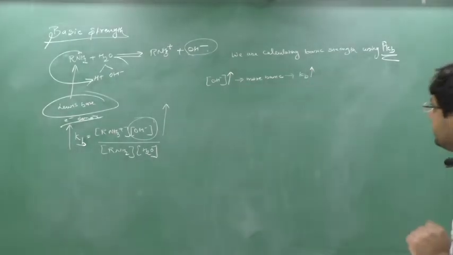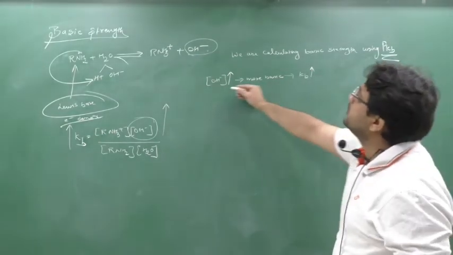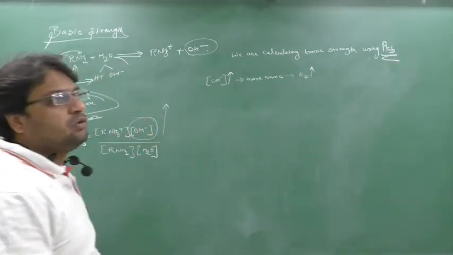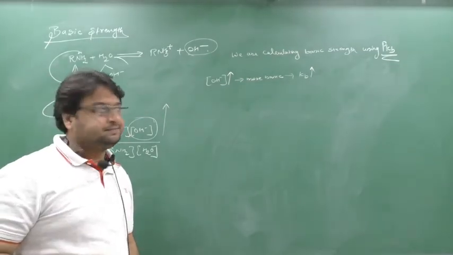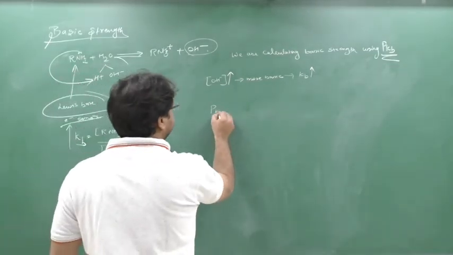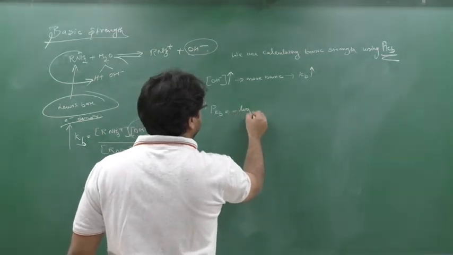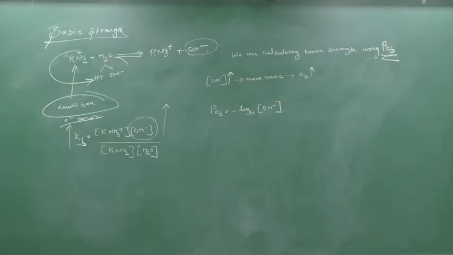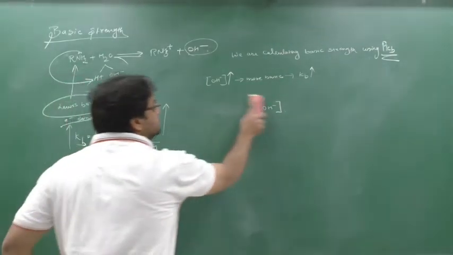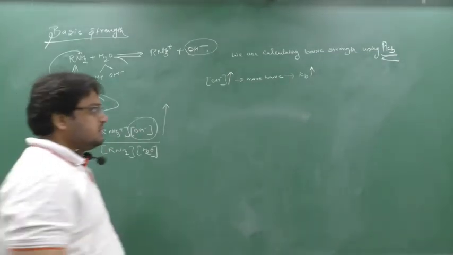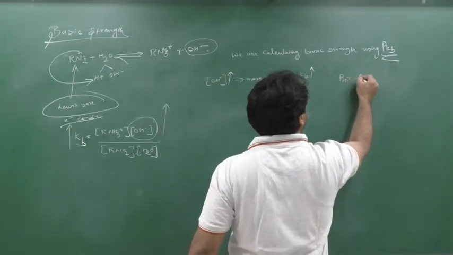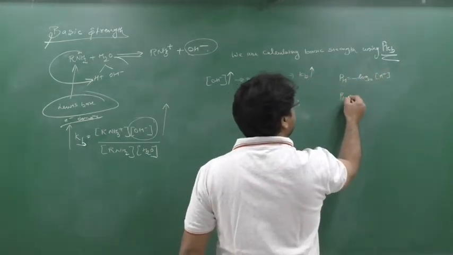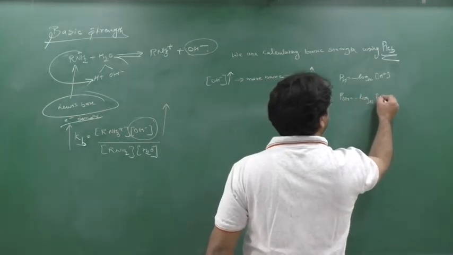But in this chapter, neither Kb will be given nor OH minus will be given. pKb will be given. Now what does it mean by pKb? So you know beta pH means what? Negative log to the base 10 concentration of H plus ion. Similarly, pKb will be negative log to the base concentration of OH minus. Clear? pH means negative log to the base concentration of H plus ion. This is pH. pOH will be what beta? Negative log to the base 10 concentration of OH minus.